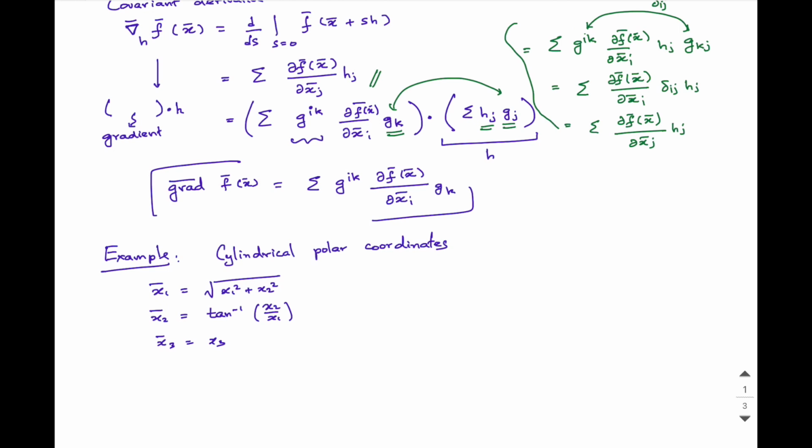cylindrical polar coordinates. You might have seen x1 bar as r, tan inverse of x2 by x1 as theta, and x3 bar as z. Okay, so this is the standard notation, but I have it here. And of course the fact that this equation involves the tan inverse of x2 divided by x1 tells you that x1 cannot be 0. Okay, and that tells you that the domain of definition of